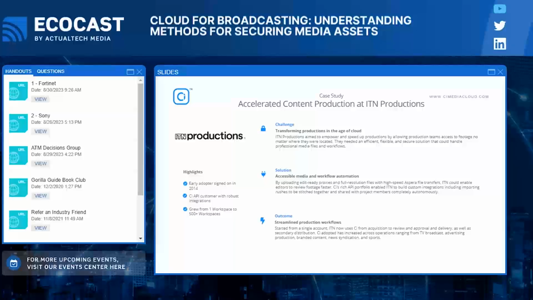And then if we take a look, just to give a picture of how some customers may use us, ITN Productions, one of our favorite customers. They've been with us for a very long time, I think all the way back in 2014, maybe a year after we launched. And they've really embraced C, not only from a user interface standpoint, where they have all of their team using it in different ways, but also directly integrated into some of their own in-house systems through our